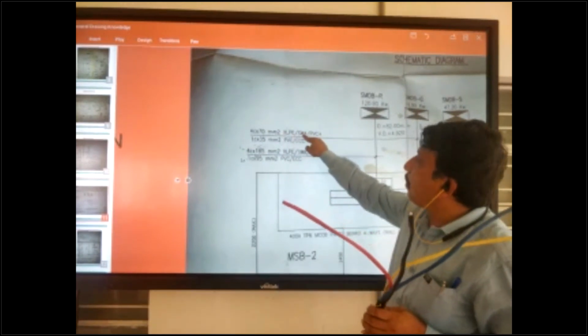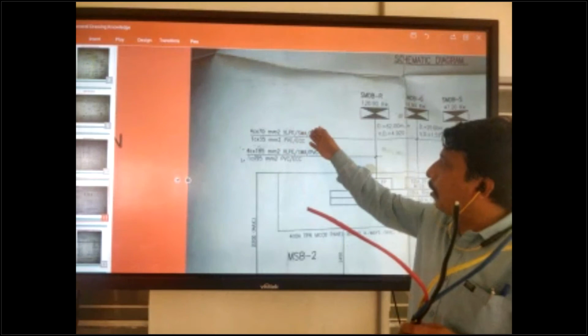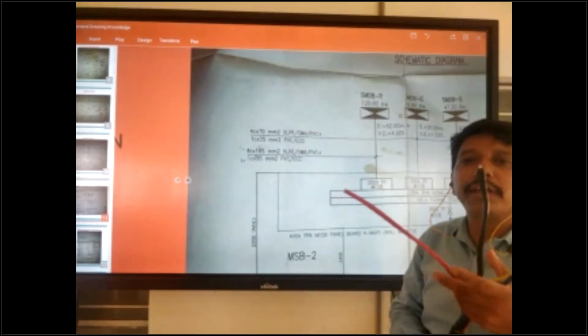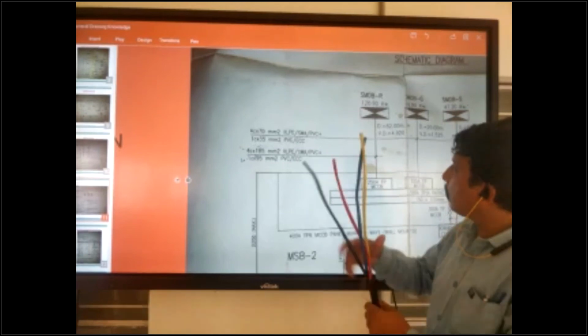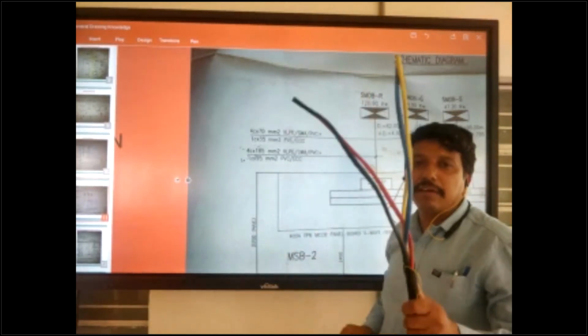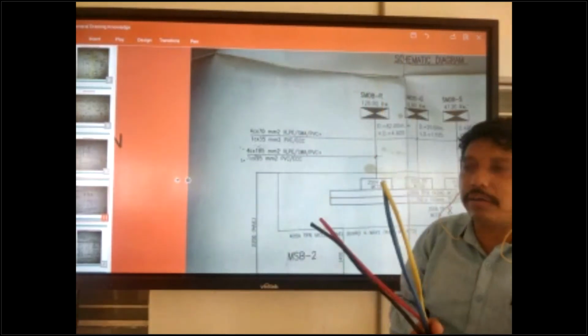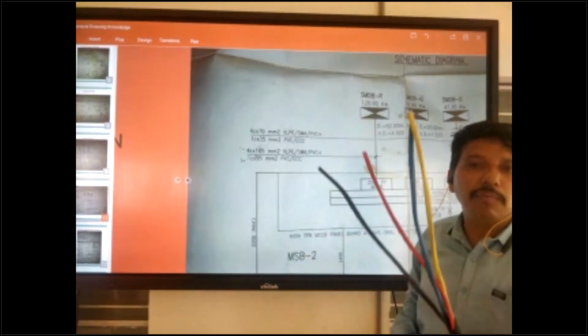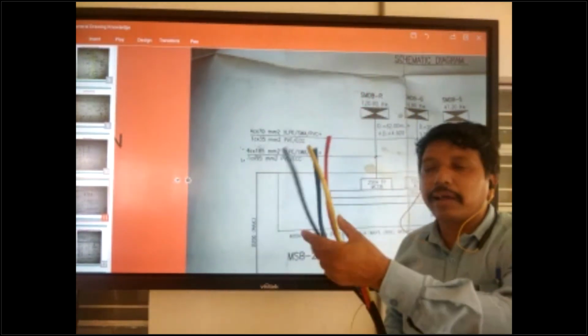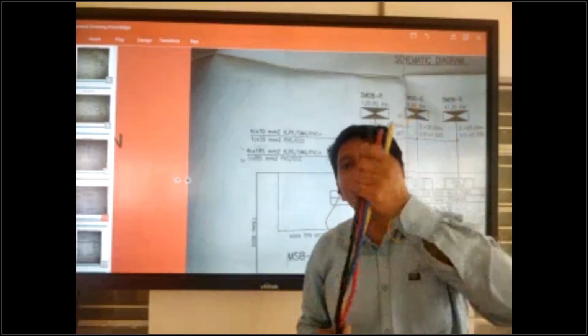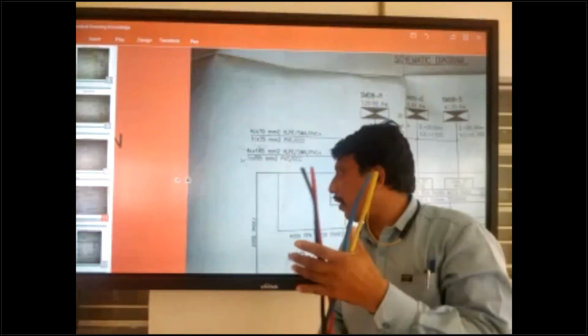And XLPE type of cable. This cable section also coming in. I will explain about this one. Okay, don't worry, this you can only see. Take only the drawing knowledge. This chapter we also have. Okay, at that time I will explain how to make the cable glanding, how many sizes of cable, all of this.